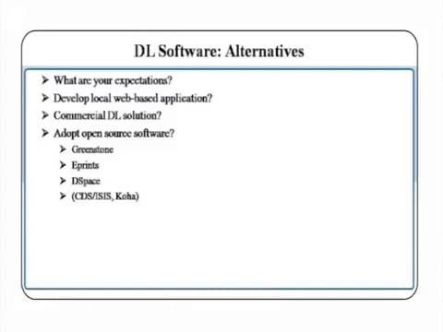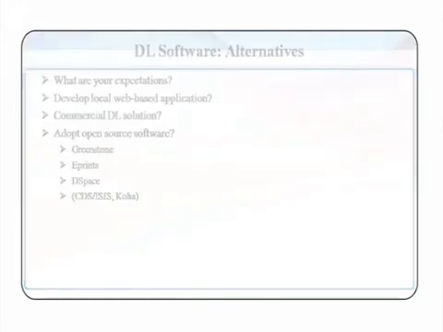And it is up to the user to decide which one you want to choose and implement in your organization. We also have something like CDS/ISIS, Koha, etc. for library automation, plus a digital component is also getting integrated with this kind of software. So it is up to you which alternative is available to you, what kind of model, or if you choose one model, what kind of software you have to select.